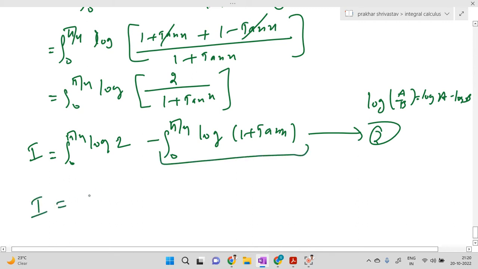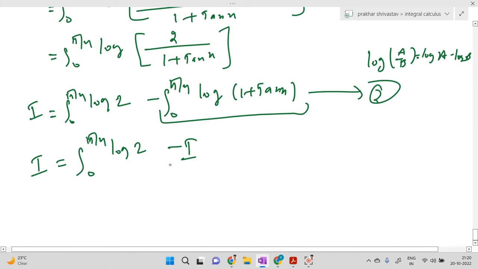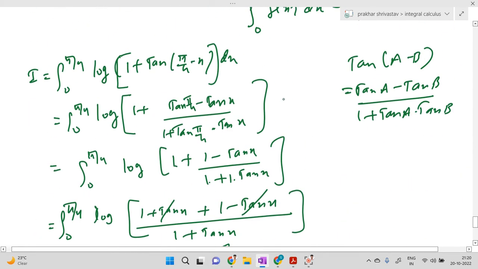So we can put it like I equals to integral 0 to pi by 4 log 2 minus I. So I get in the left hand side 2I is equals to integral 0 to pi by 4 log 2, अब log 2 कांस्टेंट है, सो इंटीग्रल 0 टू पाई बाई 4 dx, into 1. सबके साथ में dx लिखना है, इंटीग्रल है हम भूल गए थे, ये dx लगा दो।